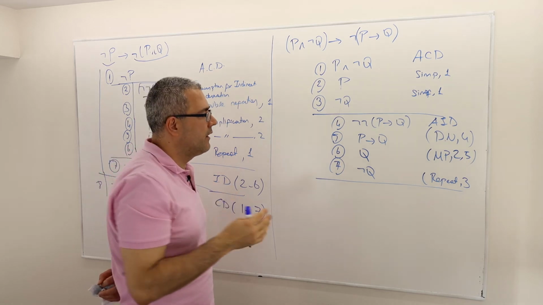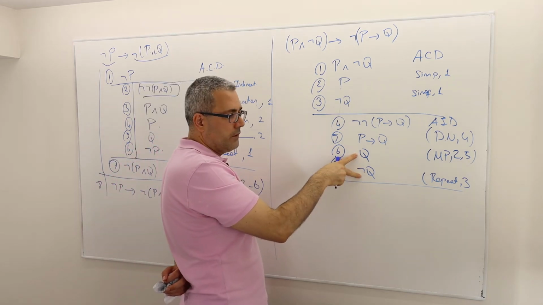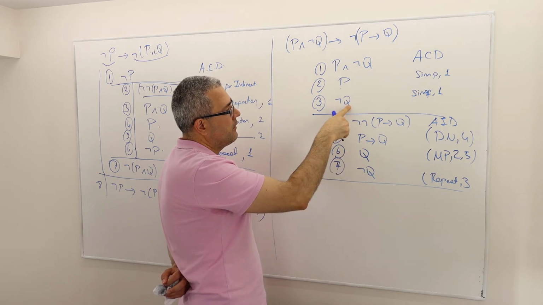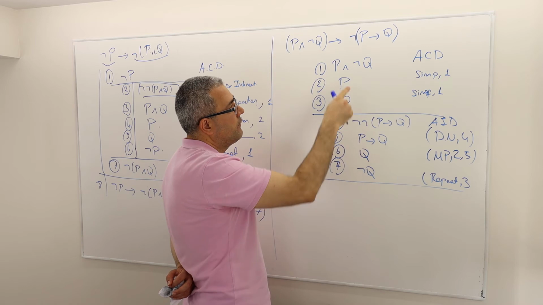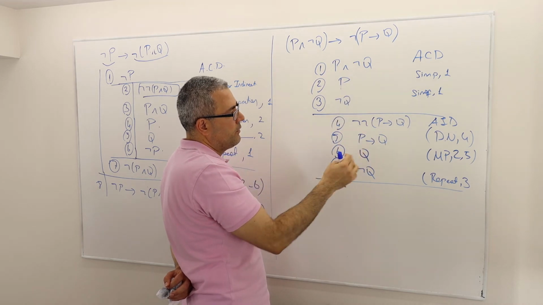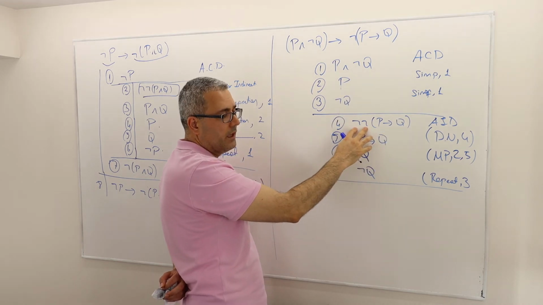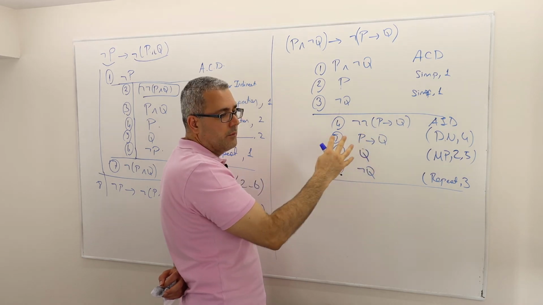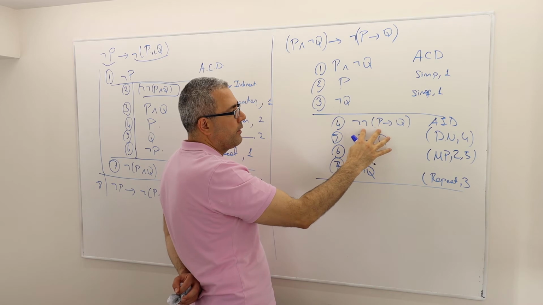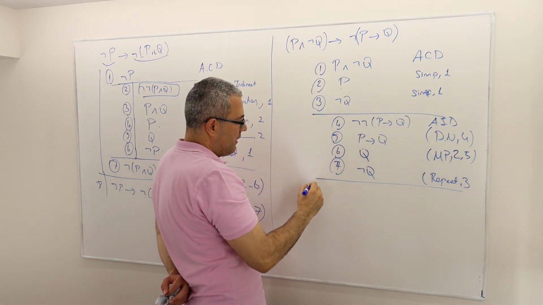This can't be the case. So these are not the cause of the contradiction because not Q is just coming from here. Q is derived from this and this. So if these guys are true, Q must be true. P implies Q is coming from the double negation of this guy. So if this guy is true, this guy must be true. So therefore, the mistake or the problem should be occurring because of this assumption. Hence, line 8,